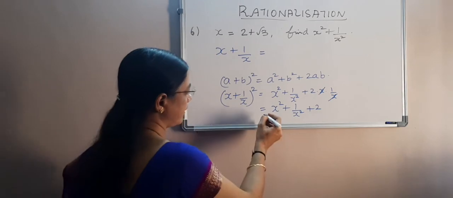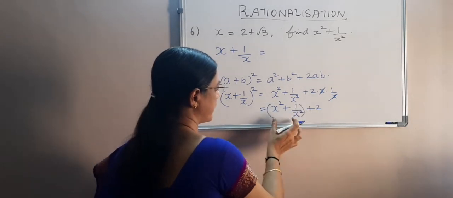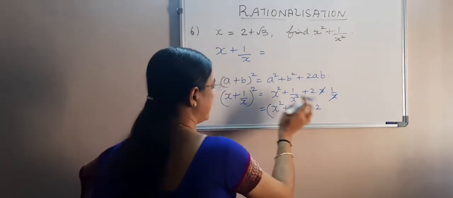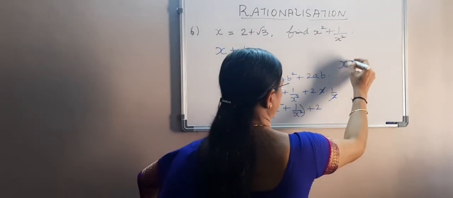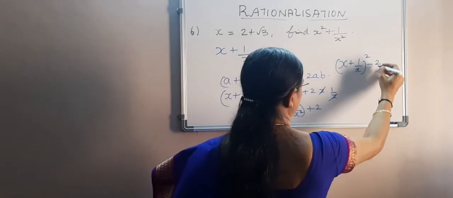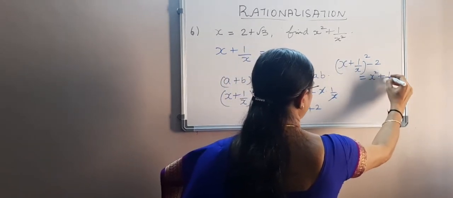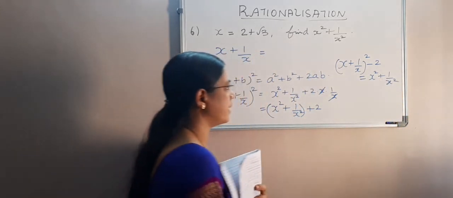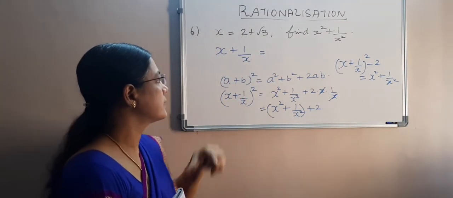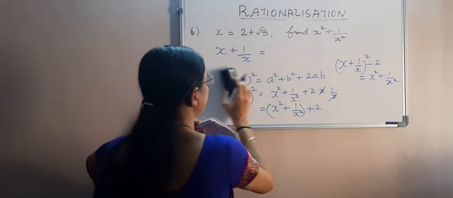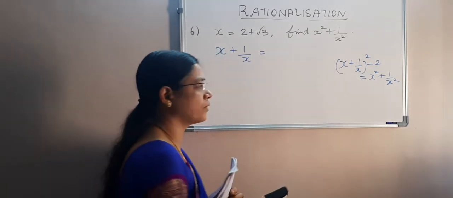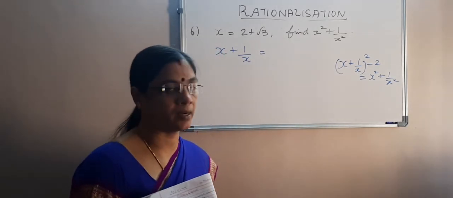See, I have the term here, x squared plus 1 by x squared, so that I'll get the term x plus 1 by x. By bringing the 2 to the side, I have x plus 1 by x the whole square minus 2 is now x squared plus 1 by x squared for me. So, see, I get x squared plus 1 by x squared from x plus 1 by x, isn't it? So, first I need to find x plus 1 by x, then I square it, then I subtract 2 from it to get x squared plus 1 by x squared, isn't it?